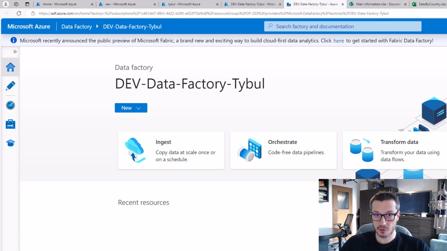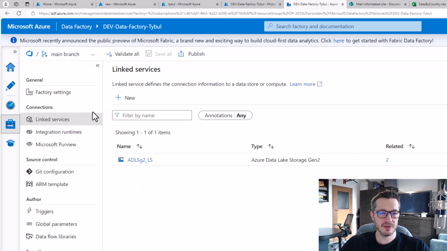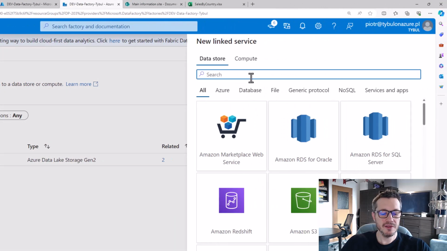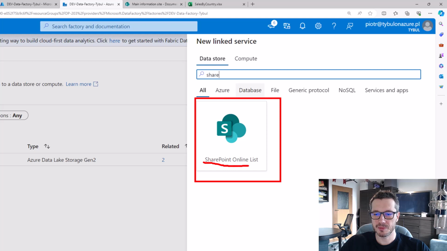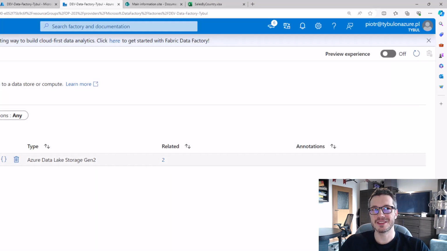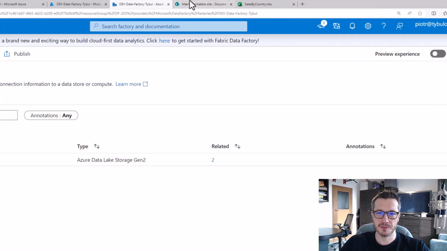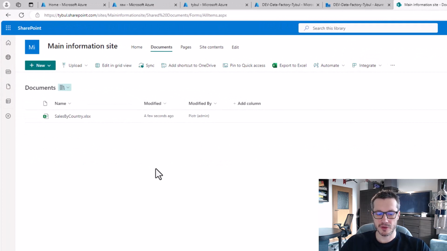And usually when we want to connect to some new data source, what we have to do is simply create a linked service, this connection string. So let's see if there is anything related to SharePoint. And please note that there is one called SharePoint Online List, but it is a linked service to a list, not to a library. And the difference is crucial because a list is a completely different thing than a library. And let me show it to you. So library,